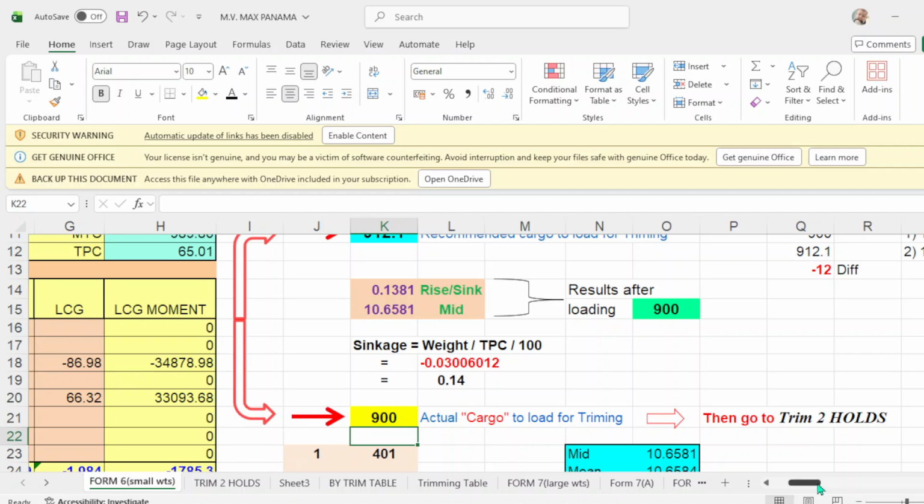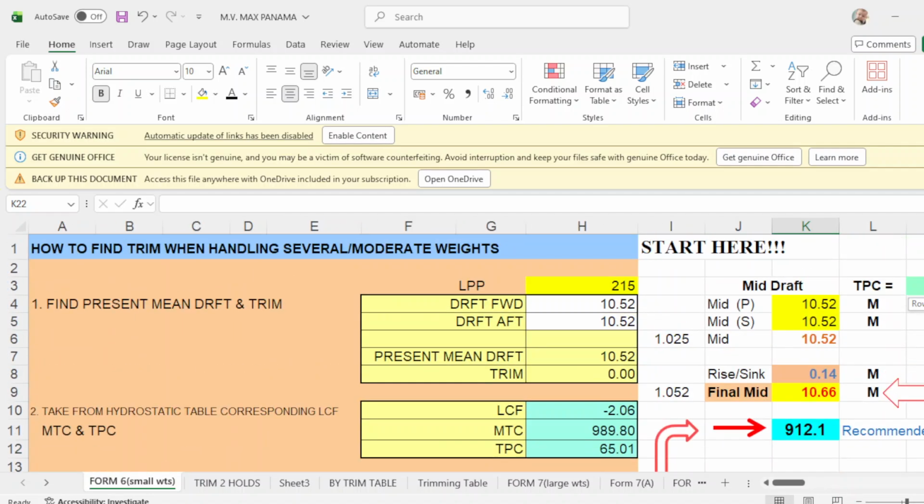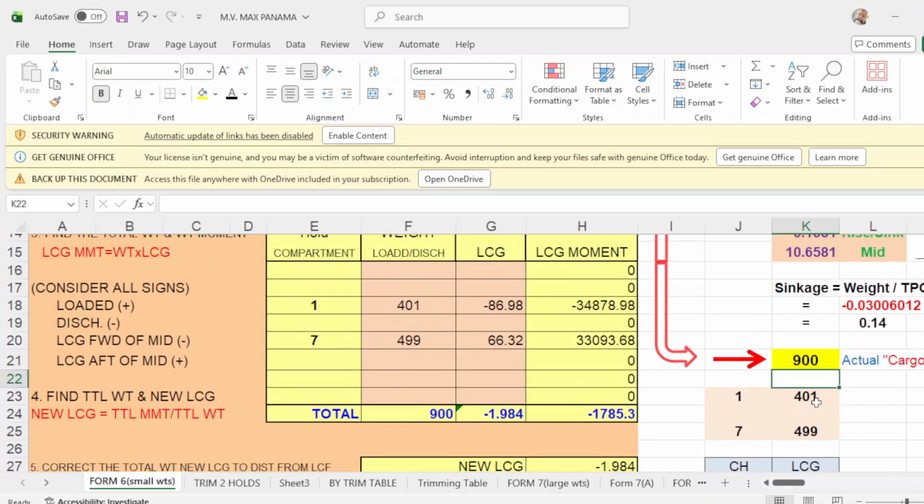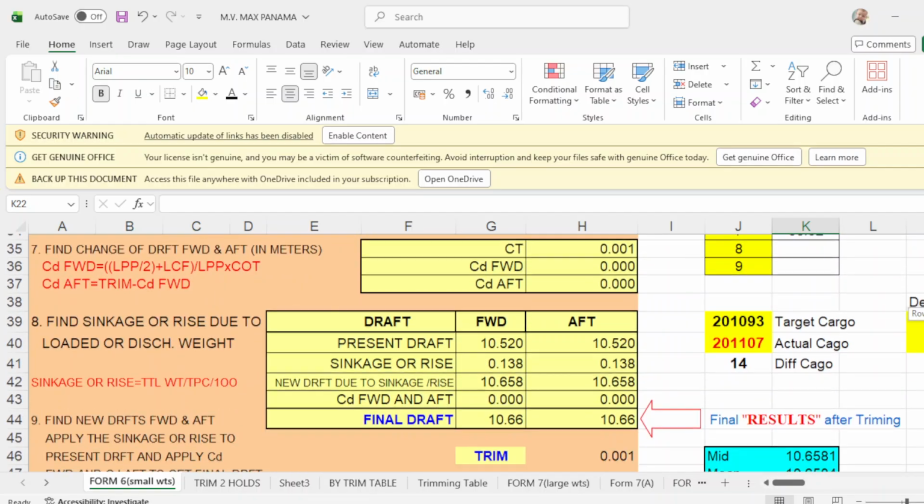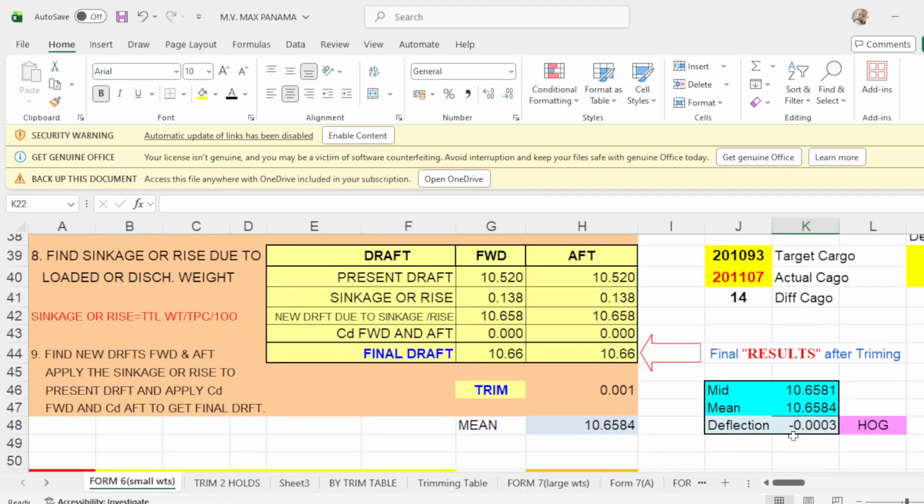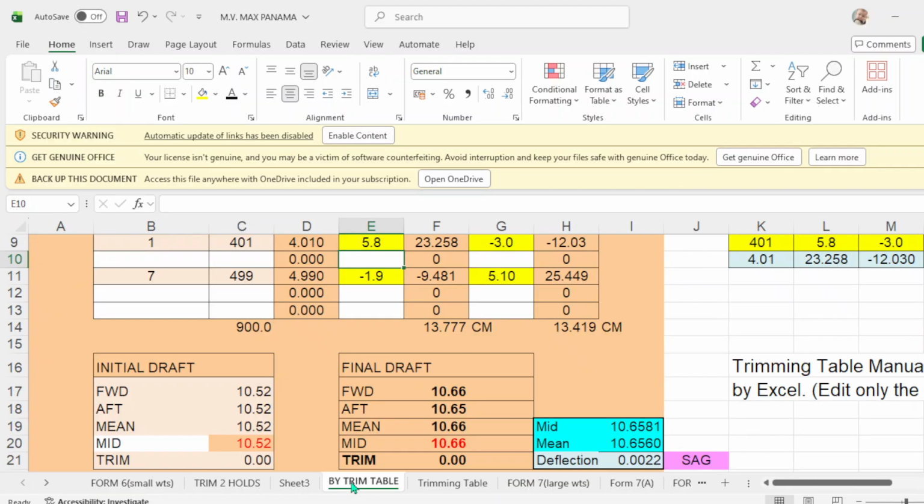Go back to this previous program on how to find trim when handling severe moderate weights. Take note that in number 1 you have to load 401, which is this one, and this is your LCG. And number 7 you have to load 499, and your LCG. Your departure drop would be the same, 1066 forward, 1066 up, and 0 trim, and you have a deflection of 0. Then by trim table,